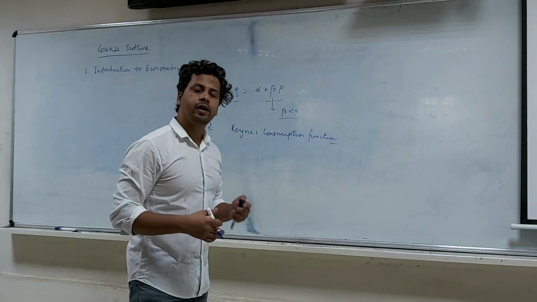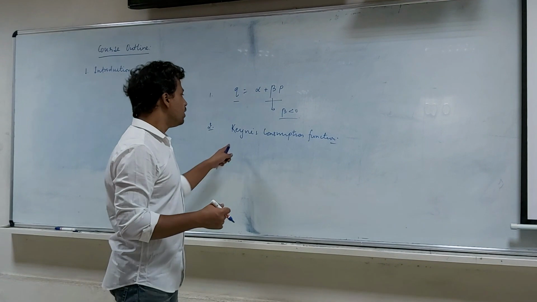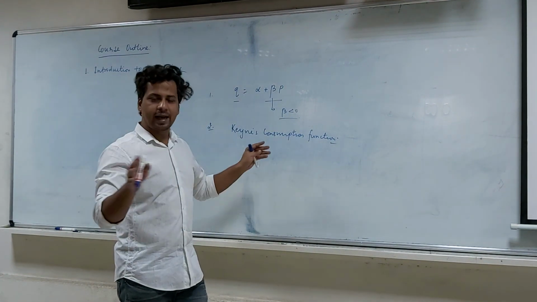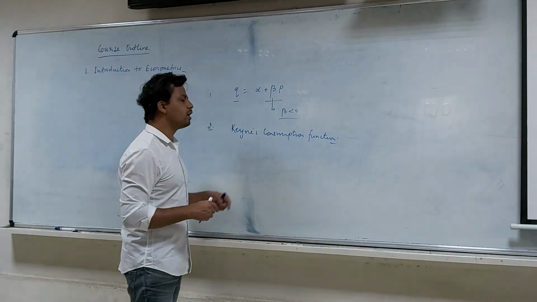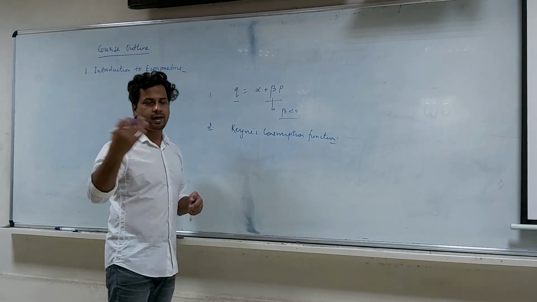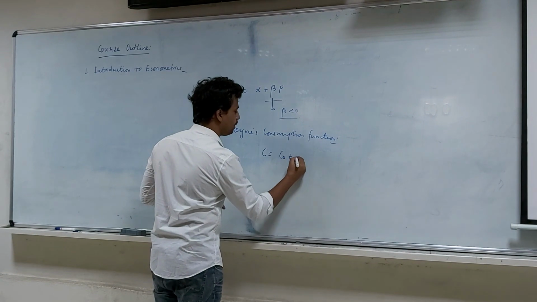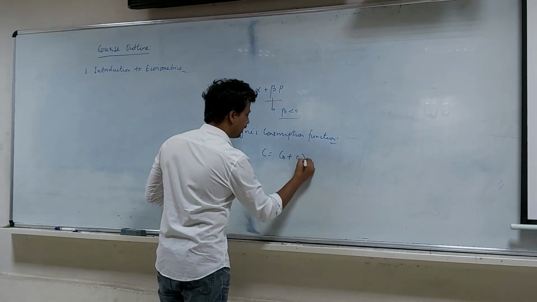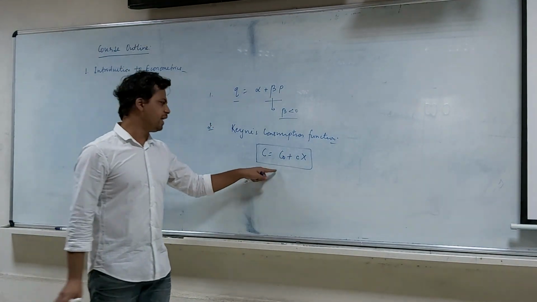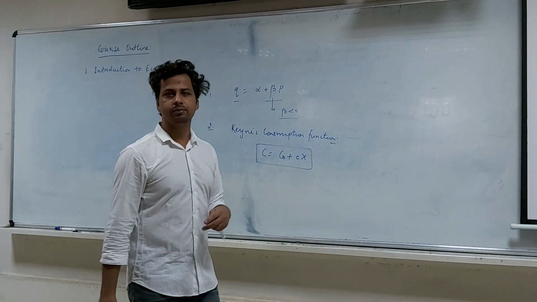Now, how do econometricians proceed with this claim, verifying or refuting it? So first of all, a mathematical formulation should be here. In a very general sense, the mathematical formulation of Keynes' consumption function, if I denote C to be consumption and X to be income, I'll write it as C = C naught + small c X. Again, a very rough and general mathematical formulation of the Keynes consumption function.